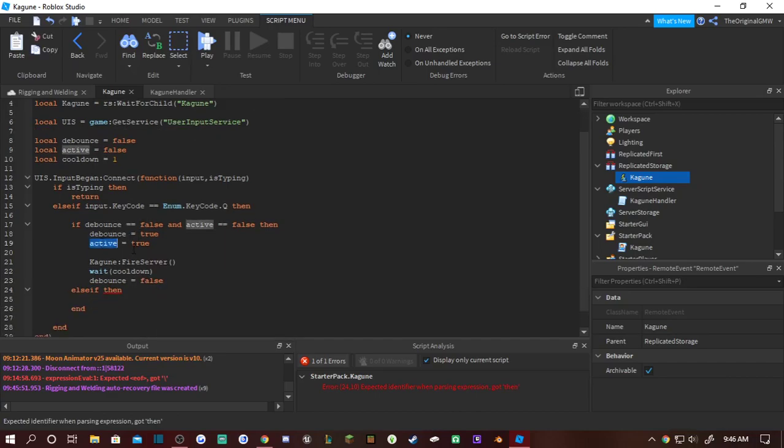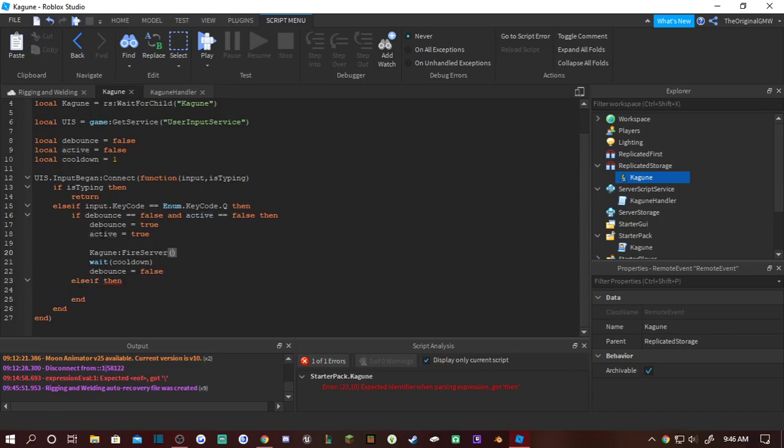So active will continue to stay true because it's activated, but debounce is like for the button. So you will want to press the button again, but you want active to continually change throughout as well. So what you're gonna do is put active inside of the parentheses of fire server. And now in this script, but in this line,